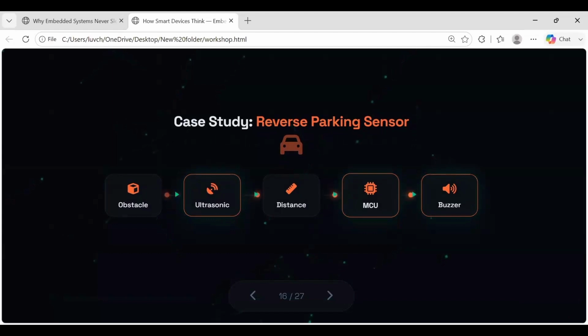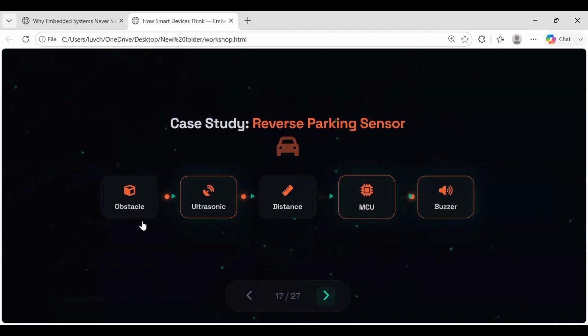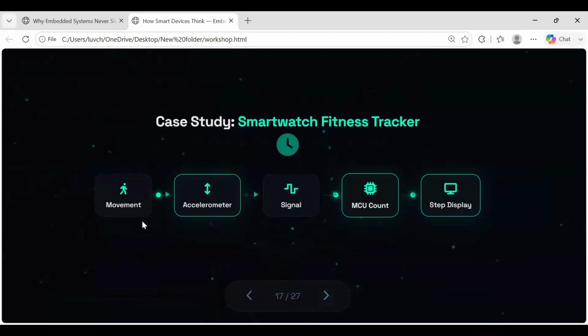So this is how every embedded system in this whole world works. This is basically the main design life cycle of an embedded system: detect the environment, process it, and make a decision as an output. Every device, the smartwatch, your car, is the same: the signal is converted by sensors, processing is done by the microcontroller depending upon the code you have written there, and finally decision making is carried out by the output device. And you are very clear about output devices, right?